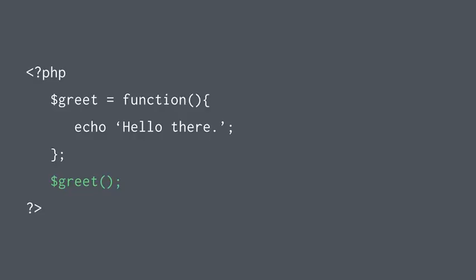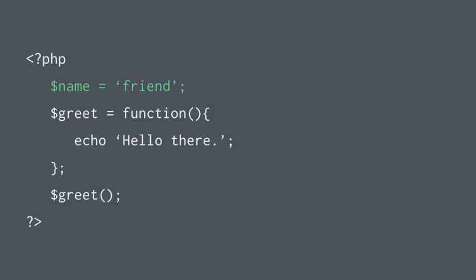Well, anonymous functions are not able to access things outside of the function scope unless we utilize the use keyword. So what we'll do here is, if we have a variable named $name, and that's equal to friend, and we want to use it in our greet function, our greet anonymous function, then we simply say function use, and then in parentheses, $name. This way, inside of our statement, inside of the function, we can say echo hello there, comma, $name. Notice how I've surrounded it in double quotes now so that we can actually output the value of the